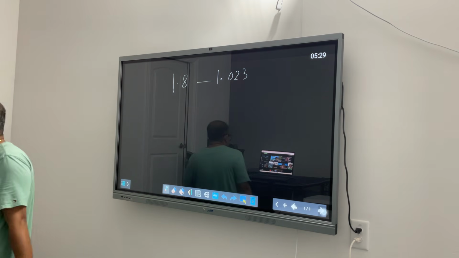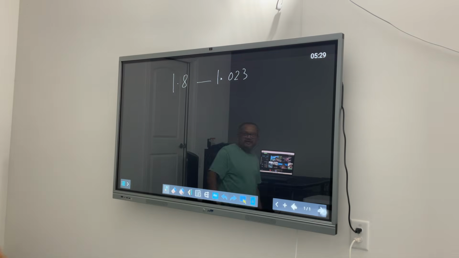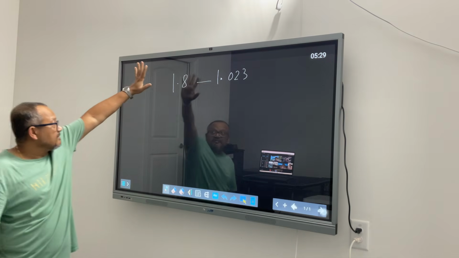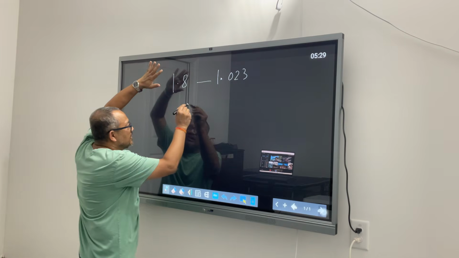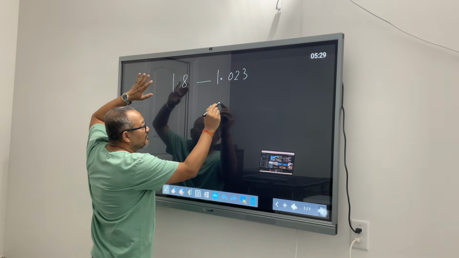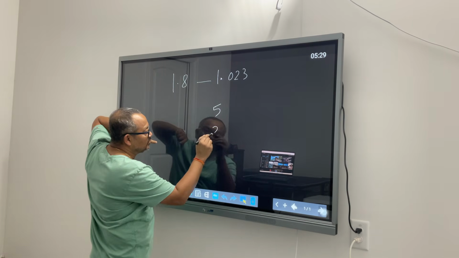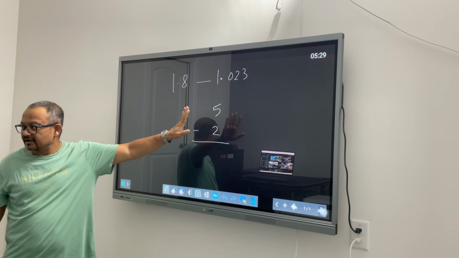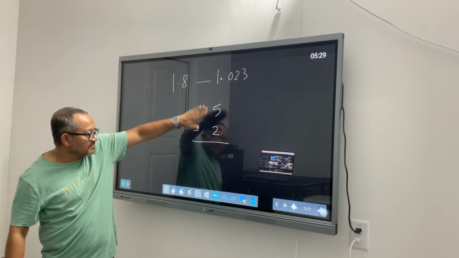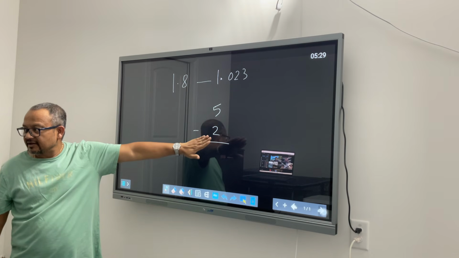Okay, so the same thing again. I'm trying to subtract this number from this number. So let's see, if I have to subtract 2 from 5, what will I do? I'll write 5 and put a 2 below and subtract. Correct? Anika, same thing, right? If I have to subtract 2 from 5, this is how we write it. Yeah?